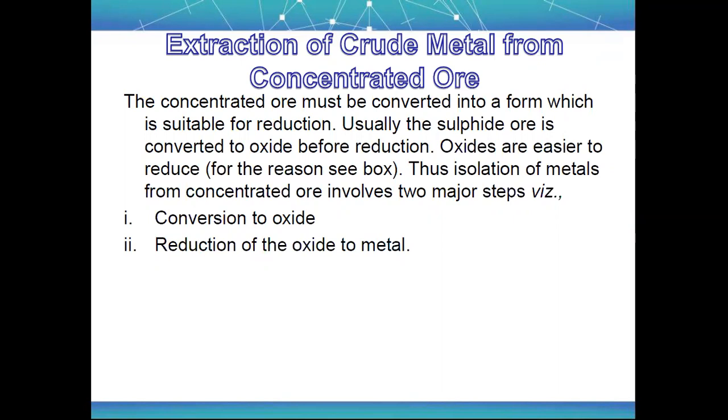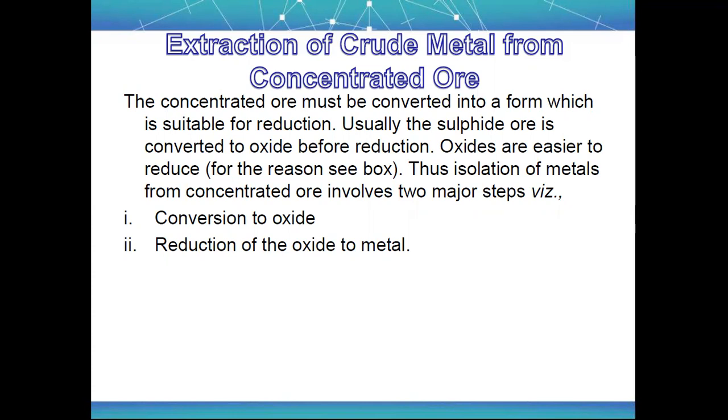So what happened? The easiest form to reduce is oxide ore, because it is quite easy to separate, or you can say remove, oxygen from the metal. There are so many processes, since oxygen generally reacts with most things. There are different easy methods by which you can remove oxygen from the metal, or you can just reduce that oxide form, and it can react with other things and we will get the pure element, or you can say the metal. So there are different steps involved.